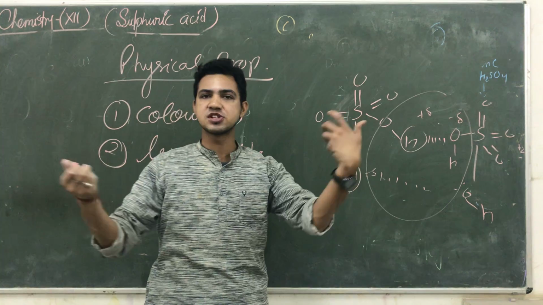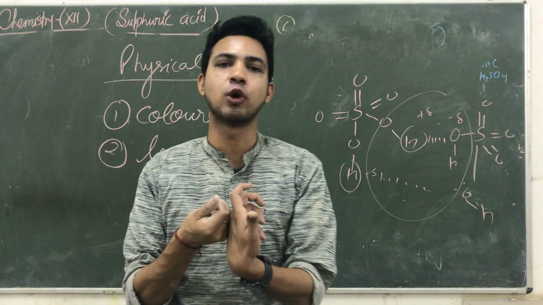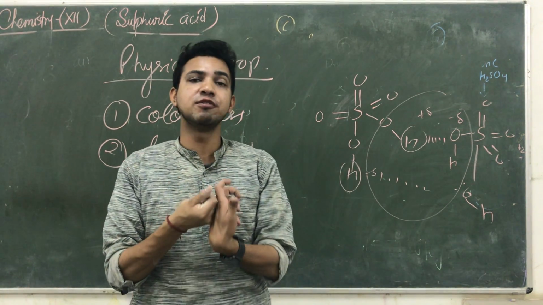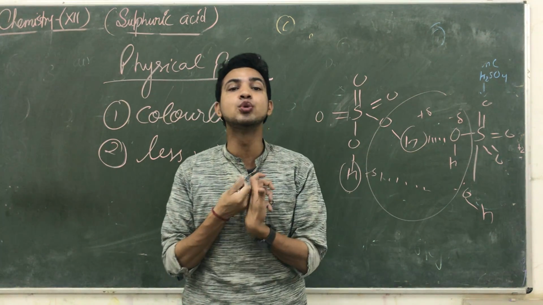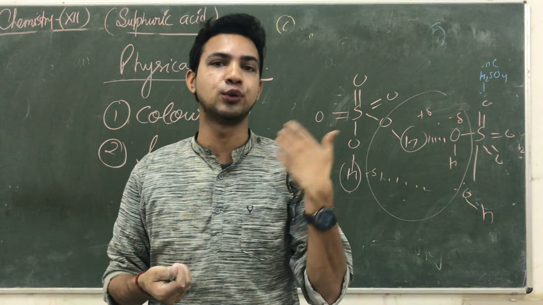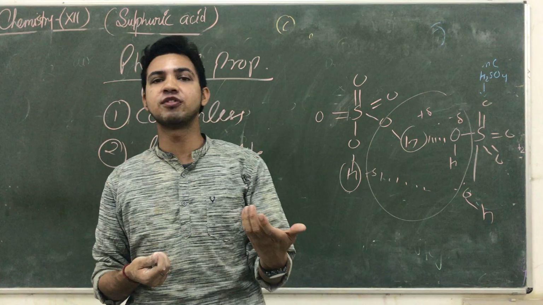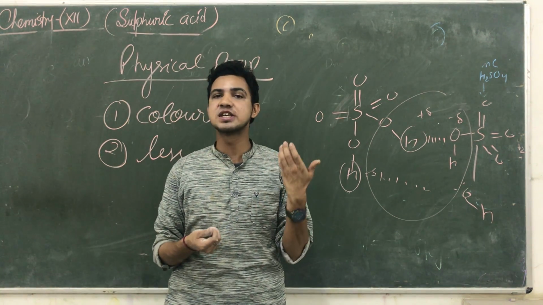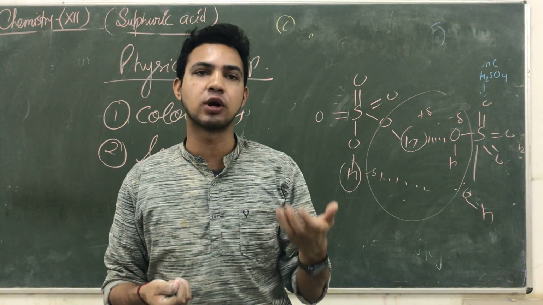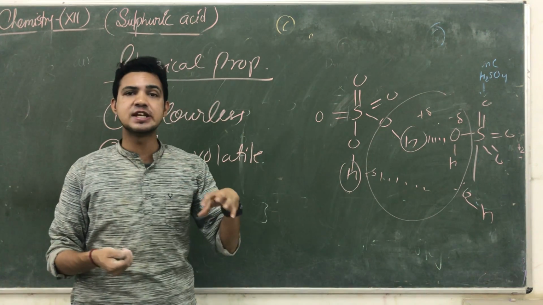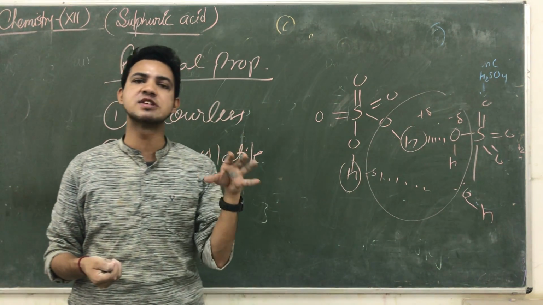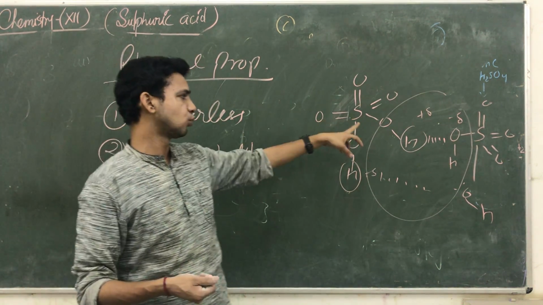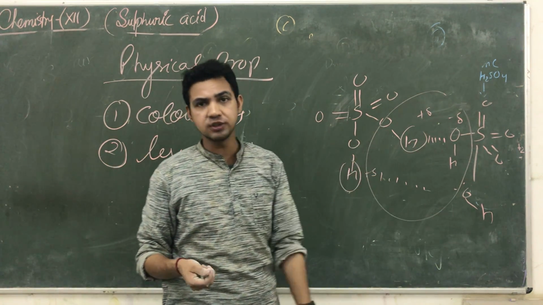When sulfuric acid molecules have intermolecular hydrogen bonding among themselves, at that time we require more energy to convert this sulfuric acid into vapor. So if more energy is needed, its volatile nature will be very low. They do not easily convert into the vapor phase. They always remain in their liquid phase due to the intermolecular hydrogen bonding.